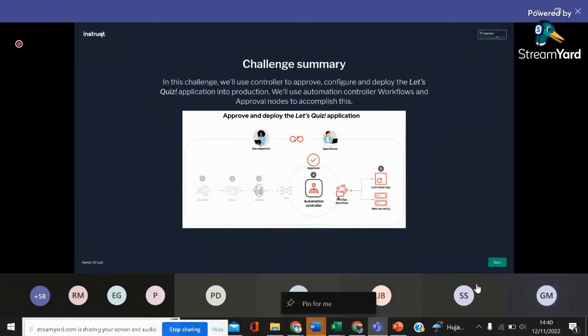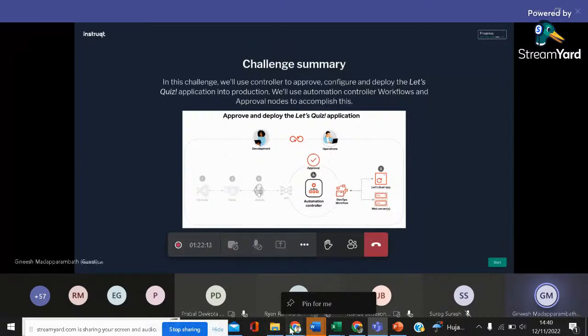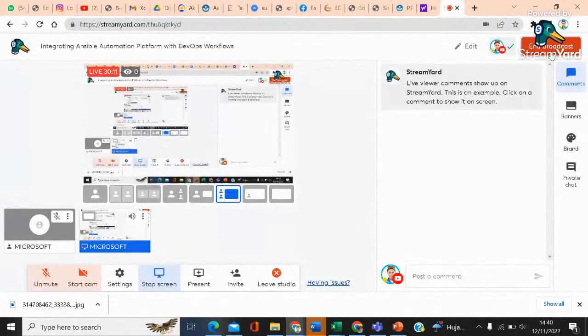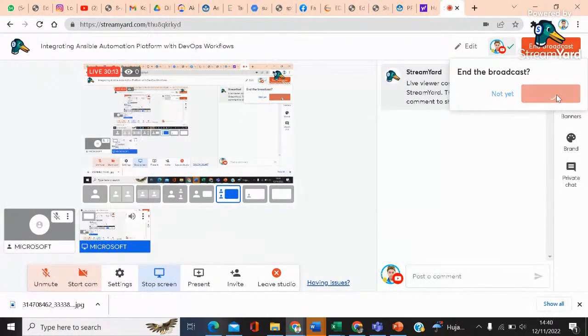Because you are deploying the application to production, we just included an approval phase. This is not really mandatory. You can just make it automated without an approval. But the ITSM flow or formalities where you have to approve the changes or approve some deployment to production, you can include that in the automation controller. Okay, now we go and check why it's